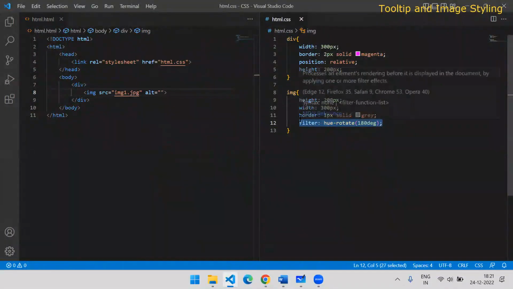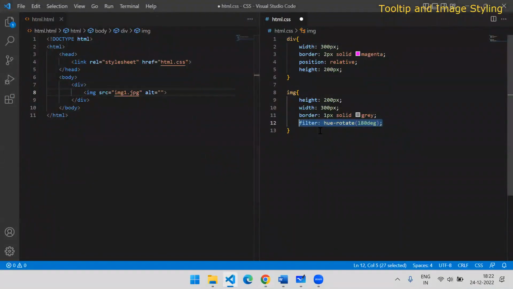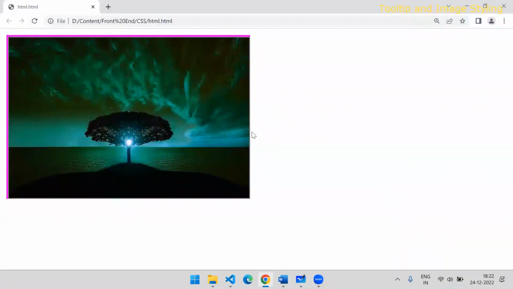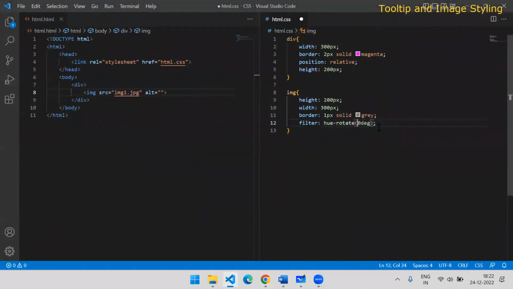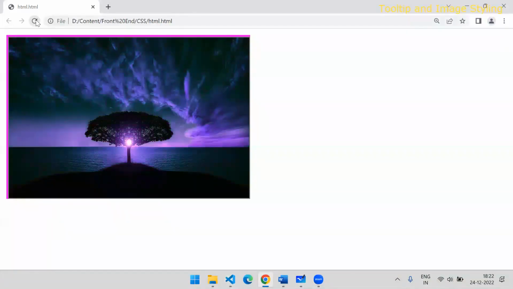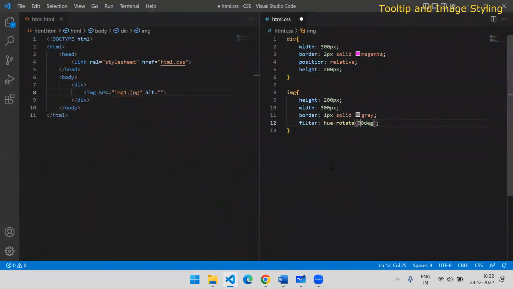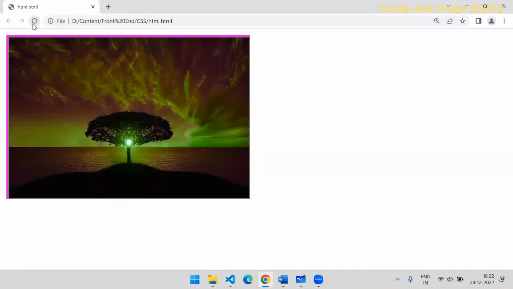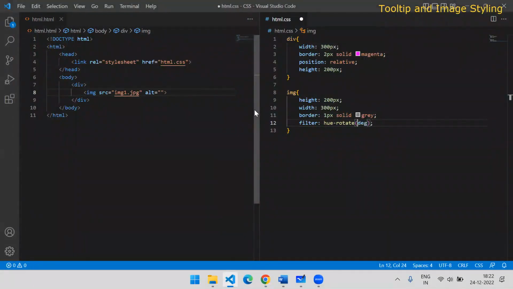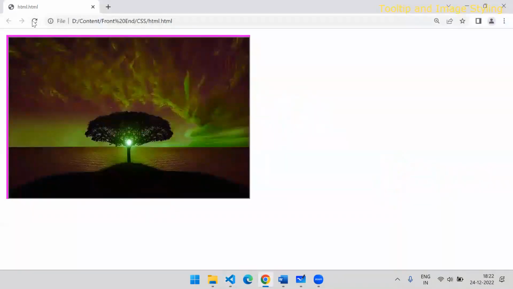If I do not use this filter, you will see the original image, and this will add this effect. If you change the degree to 270 degrees, the color will be different. If you say 0 degrees, it will be the original image. If you say 90 degrees, this is how it works. Or 120 degrees. So every degree will have a different effect on the image